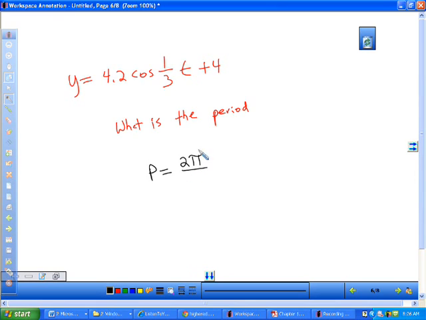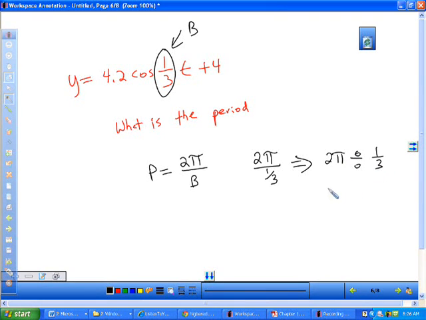Okay. So we got 2 pi over b. So I know what b is. B is this one here. So I don't need to know the storylines to find the period length of whatever they're talking about. I just need to know what b is. So that's going to be 2 pi over 1/3, but I can write it like this: 2 pi divided by 1/3. I flip the divisor to make it 3 over 1, right? So 6 pi is